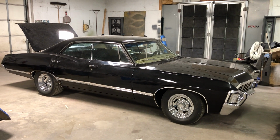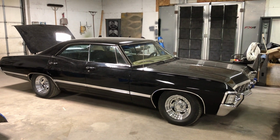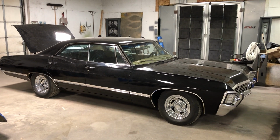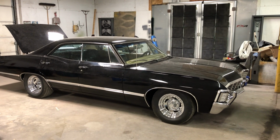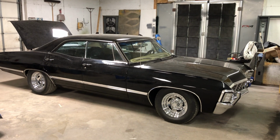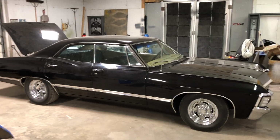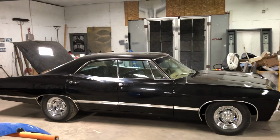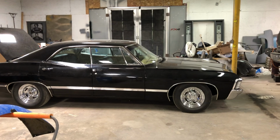And if any shop wants to quiz me, and we want to write down stuff to see what the original cars have, I'm all up for the game, because I can tell you other shops are not going to have near the knowledge that I do. I mean, I know it all. I can tell you what plugs they run, what battery cables they run, what batteries they run in certain cars. I can tell you what radiators they have, what fan shrouds, I mean, the list goes on and on, little things, from distributors to